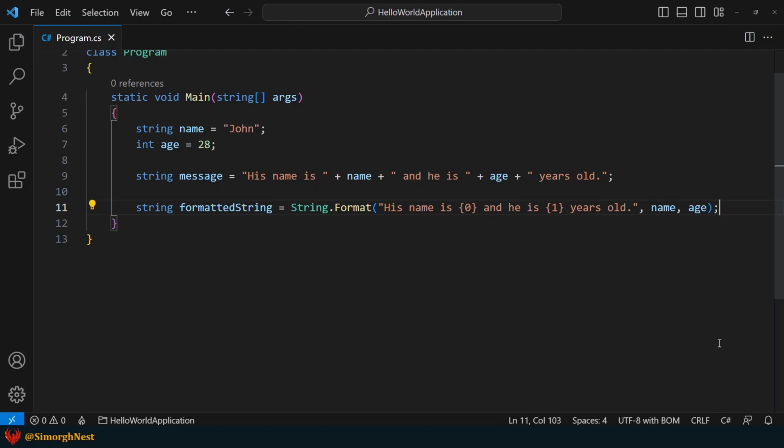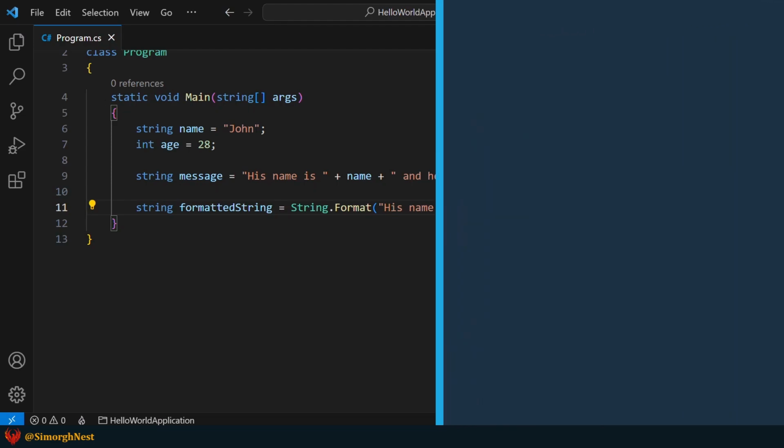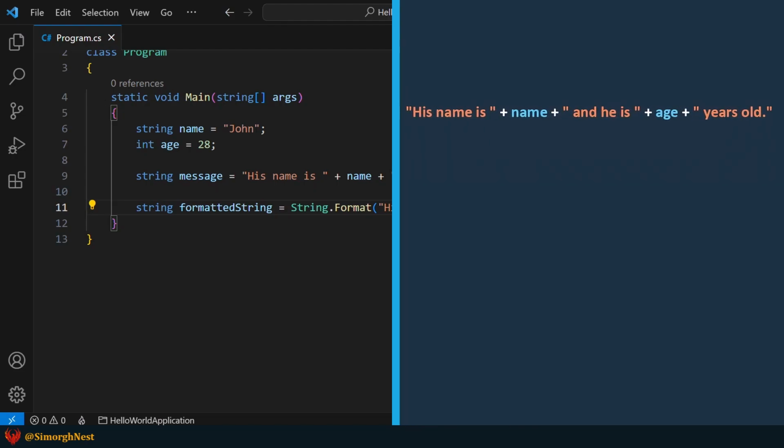In the previous lecture we mentioned that the format method is used to concatenate strings and insert variables into strings. However, there is another option for concatenating strings called string interpolation. Previously we demonstrated how to concatenate this message using the format method. Now, let's see how we can achieve the same result step by step using string interpolation.